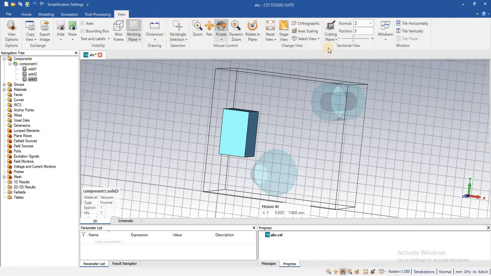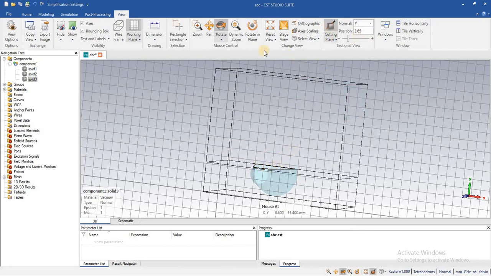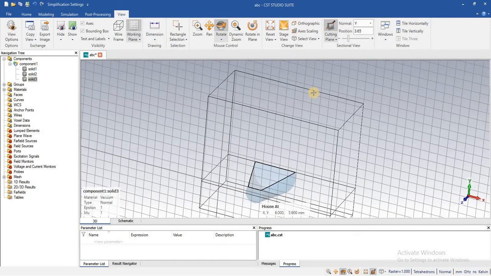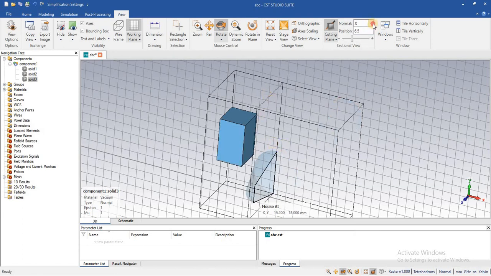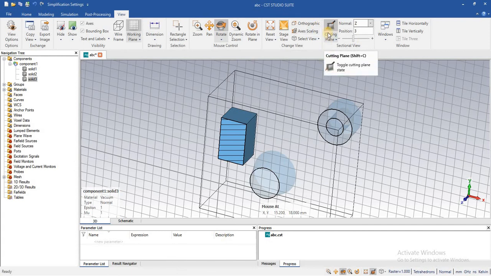And after that, you can also cut a specific plane. If I want to cut the y-axis, you can decide from here the position and how much of the section you want to cut, and you can just cut it. You are seeing that the y-axis plane has been cut off. Similarly, you can cut the z-axis, and similarly the x-axis. We will see where we will use this cutting command.